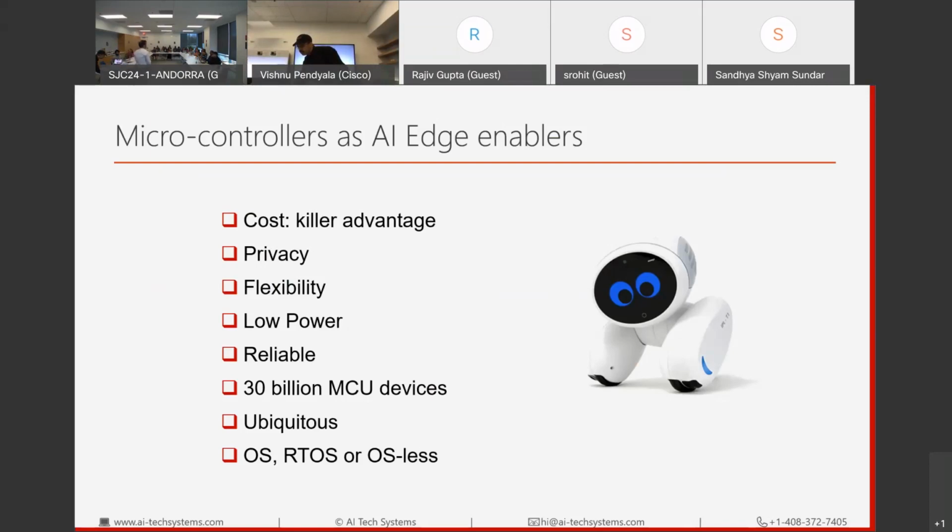So the software support is something that the world is still catching up with, and slowly people are moving. And we at AI-TS are doing our part. We are developing a compiler which would work for these large models, and we'll try to come up with an executable that works on the microcontroller of your choice.